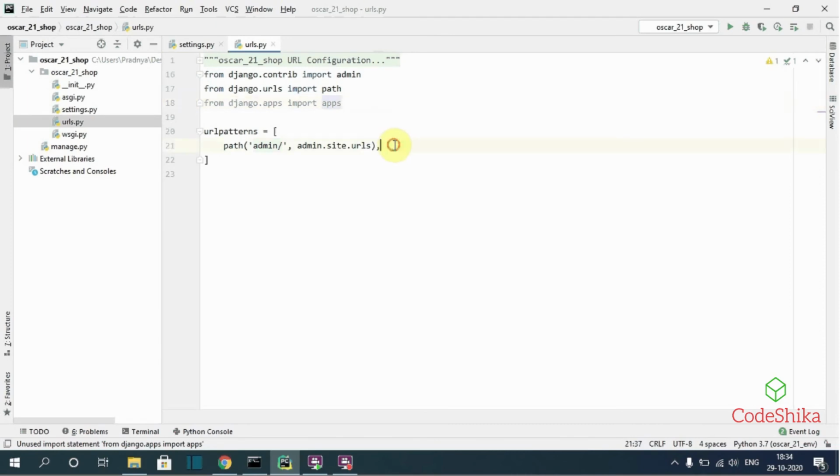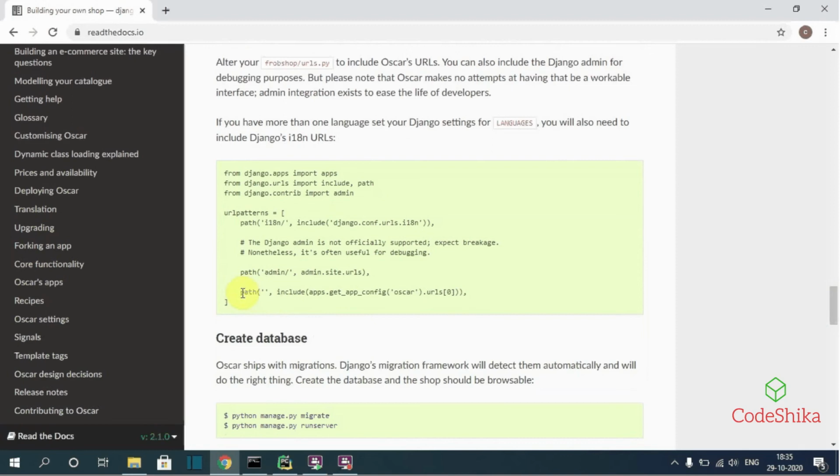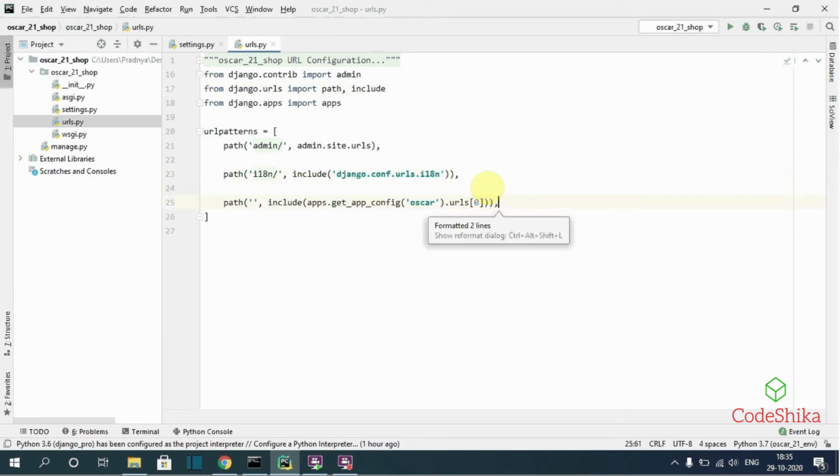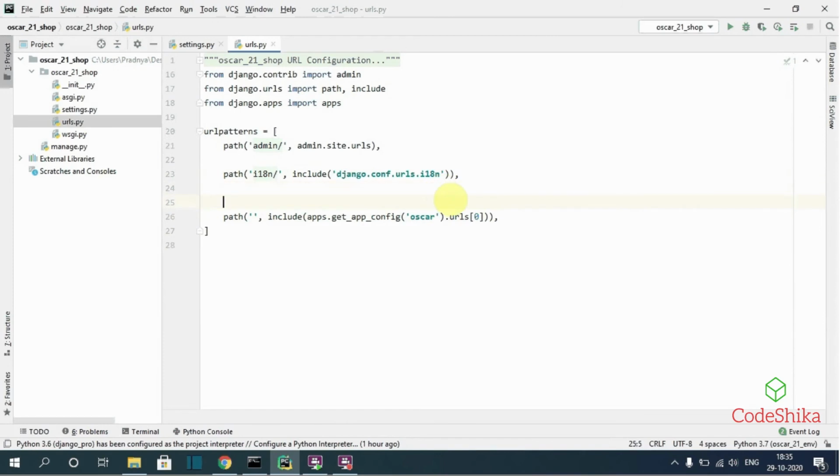I will add here. So we need to import include. After path, I will import include. Next, I will copy this path for Oscar URLs and I will paste here. I will type here Oscar URLs.